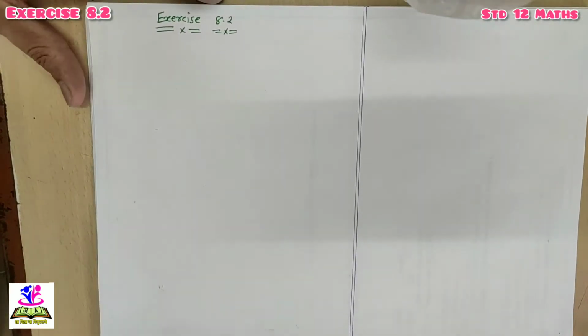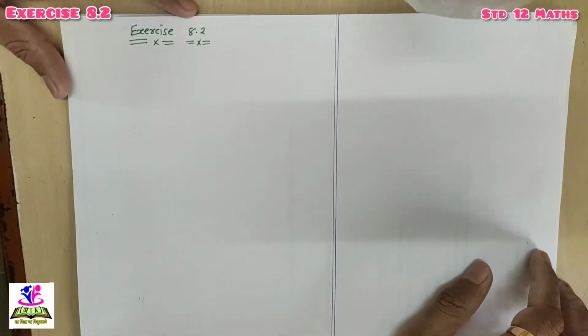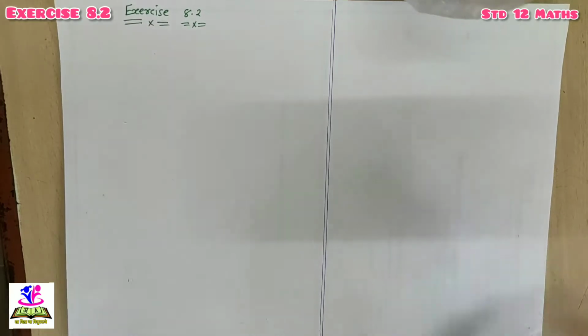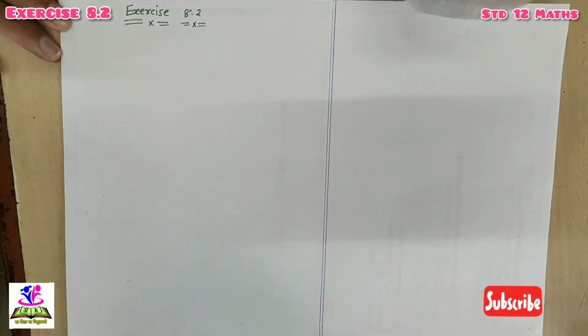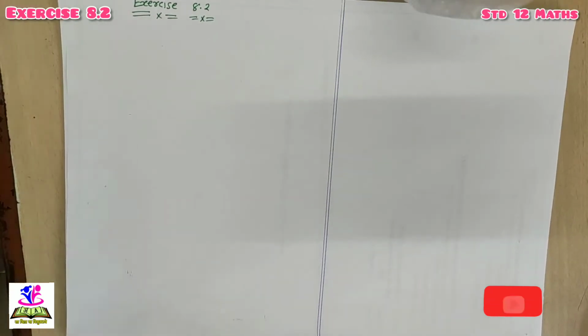Exercise 8.2, area under the curve. So you have to find the area common between two curves. Let's start with question number 1. Here you have to find the area of the circle